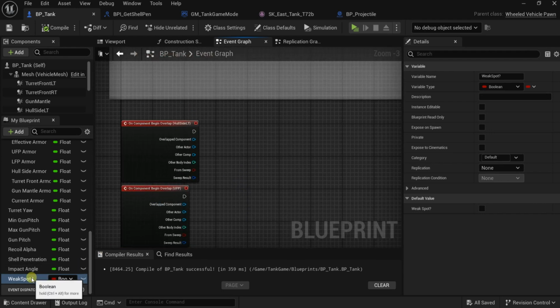Here it should also be replicated, and on the default it should be true,